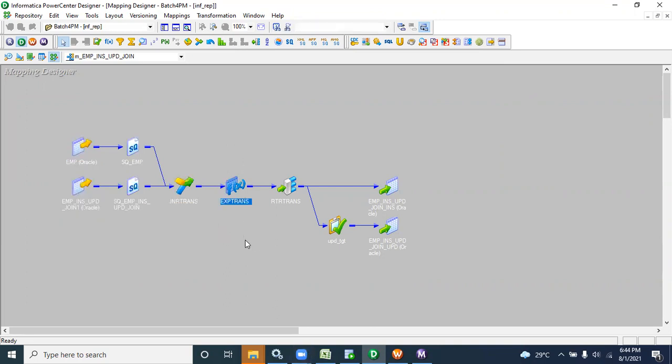Once we get to the expression, we identify which record is going to insert and which is going to update. In the router, we segregate them, differentiating insert records as one group and update records as another group. Then insert records we send directly, and update records we send through the update strategy.